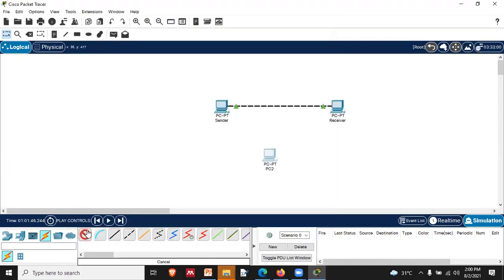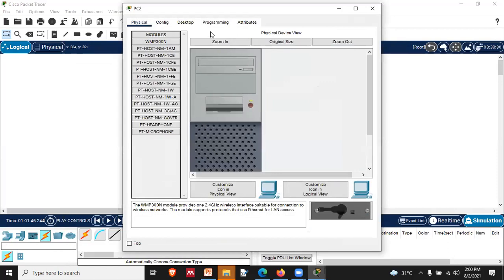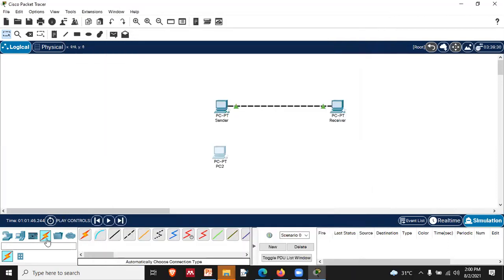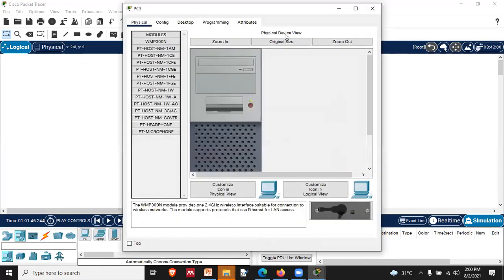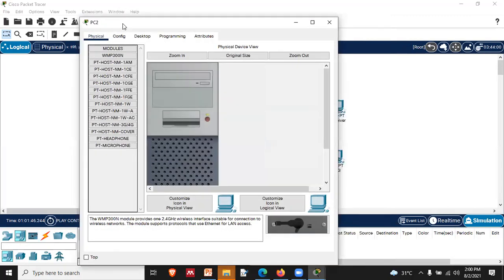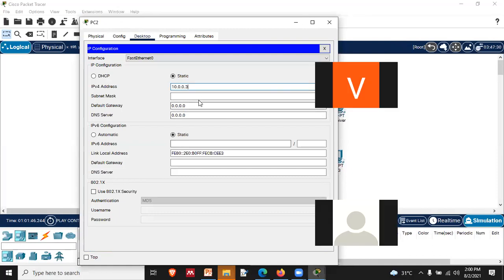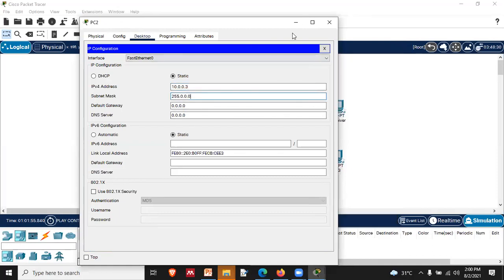Now, the problem that we are facing is still there, that we could not connect the third computer. If we want to connect another, then we need one more PC, right? So I'm just showing you this, let's have one more network this way, in which we will continue with the IPs. 10.0.0.2 is already given, so we will give 3, right?